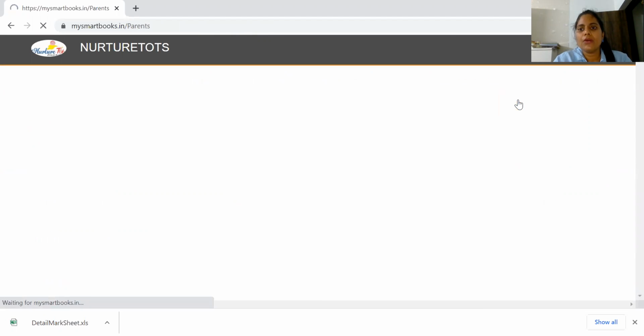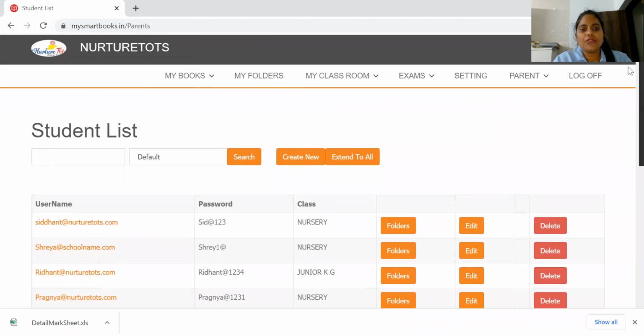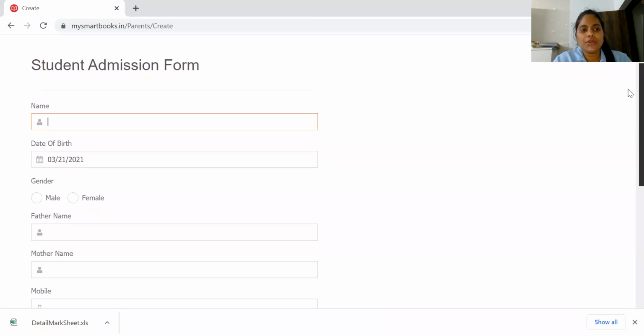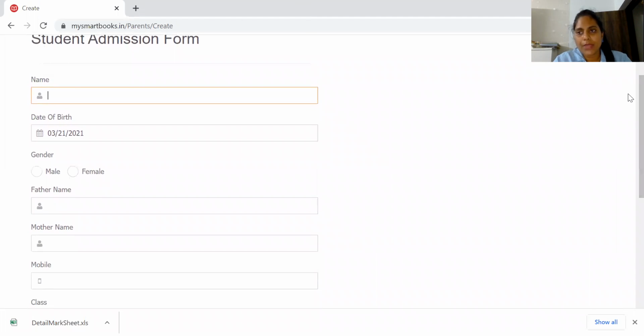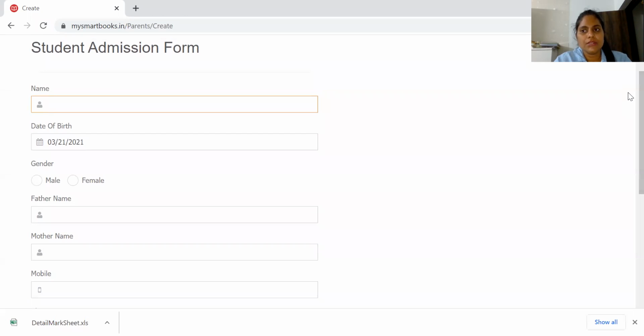This is the parent account, and this is how you are going to create the parent account here. What you have to do is create new. Here you enter the name of the child, and this is how you create a student login ID. Unless a student login ID is created, the parent will not be able to access the student dashboard. Once you create it, you have to share the username and password with the specific parent, unique to that particular student. Then they will be able to access the student dashboard and start using it.